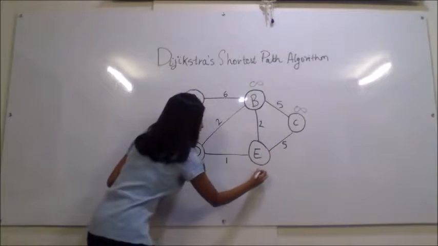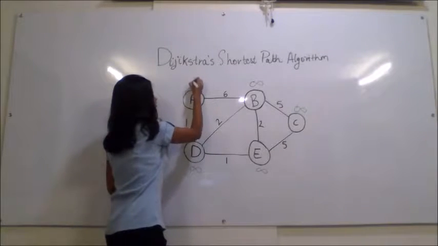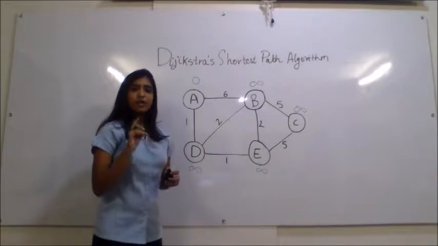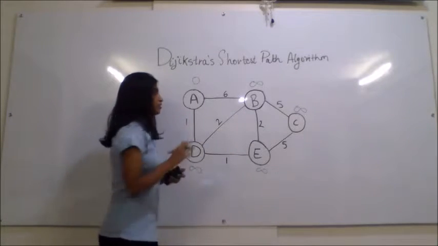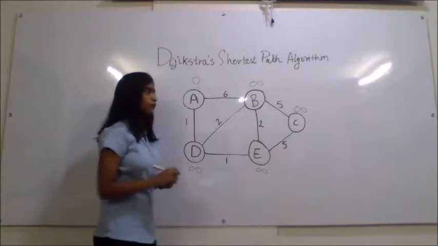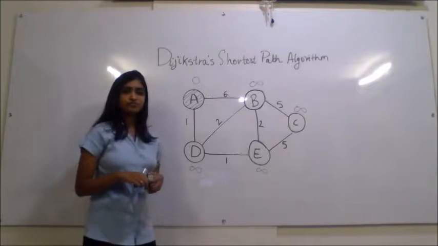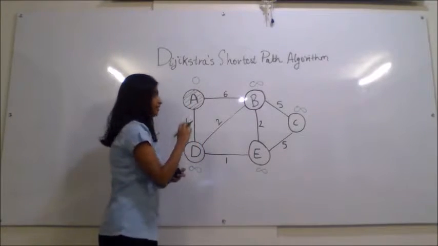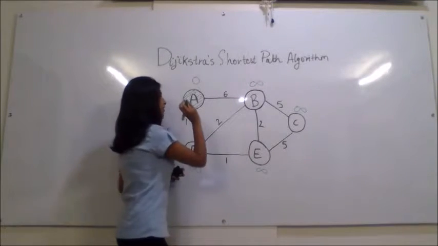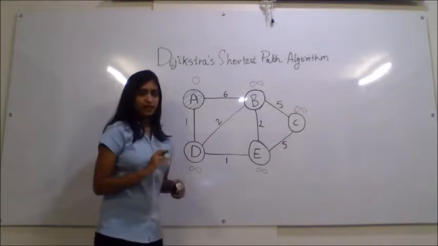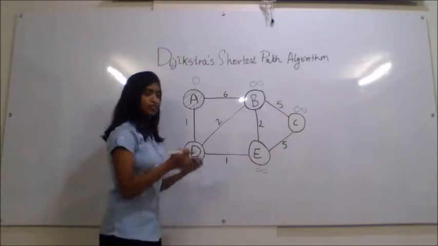Initially, B, C, D and E are at a distance infinity from A, but A is at a distance of 0 from itself. So step 1 of the algorithm is to extract the minimum out of this set. The minimum is A with a distance value of 0. I extract it and put A in the green set. Once I put a vertex in this set, I look at its adjacent vertices, which are B and D. Then I update the distance values of the adjacent vertices, but only if the new distance values are less than the original distance values.